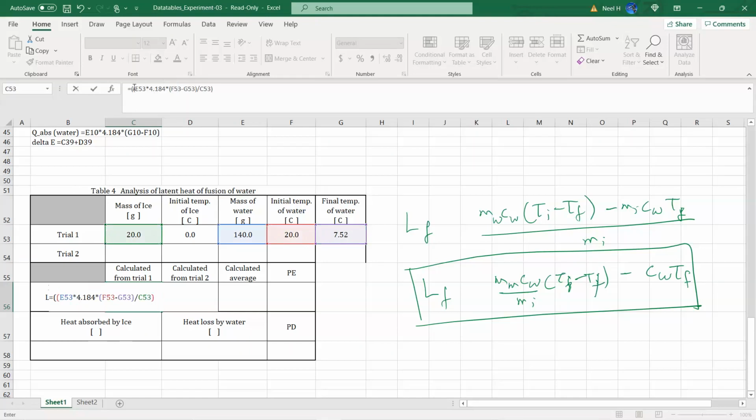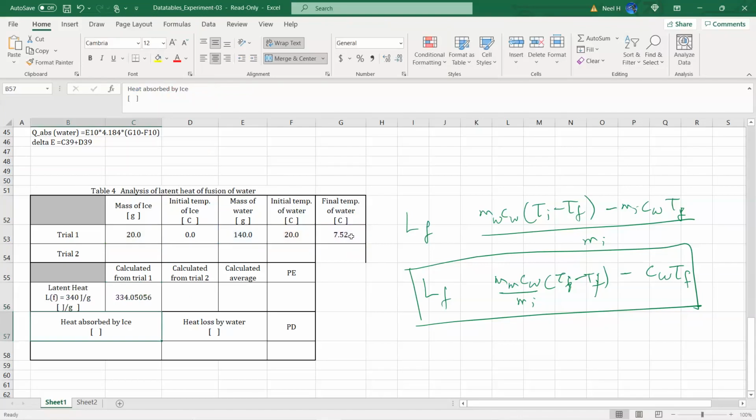Let's check how many brackets are there. I think there's one extra bracket here. Now it should be good. And then minus sign, parentheses, specific heat capacity of the water, 4.184 multiplied by T final, 7.52. And then hit enter. So I'm getting about